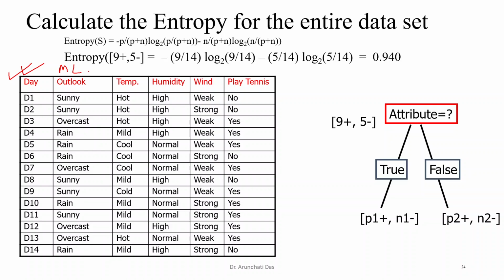Here we have some samples or examples for 14 days, day 1, day 2, day 3 up to day 14, and we have different types of attributes or features, we call them. Outlook, temperature, humidity, wind,